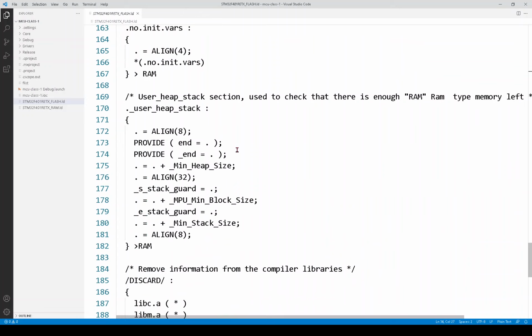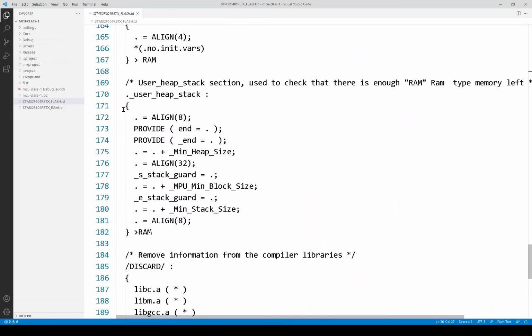And we're getting close here. Here it is. So in this block, it's allocating space for both the heap and the stack. And the lines that I modified or added are right here. So if we look at this existing code, this line allocates space for the heap. And in this linker script, the dot represents the current address. So we are allocating things to RAM. So this would be the current address in RAM as we allocate memory. And by adding the min heap size, we move the current address up by that much, and we've essentially reserved